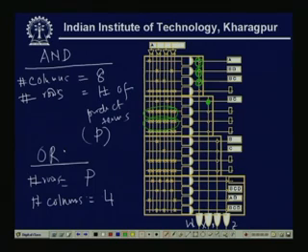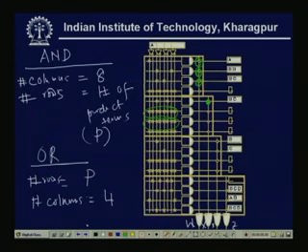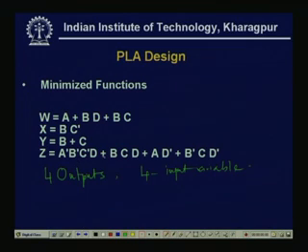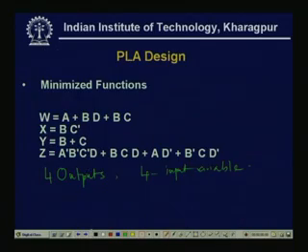This is actually only one single input. Then it is B plus C. So, X is simply B plus C, and Z is A dash B dash C dash D, B C D. So, Z is B C D, A D bar, B C D bar, and this is C, A bar B bar C bar D bar, means